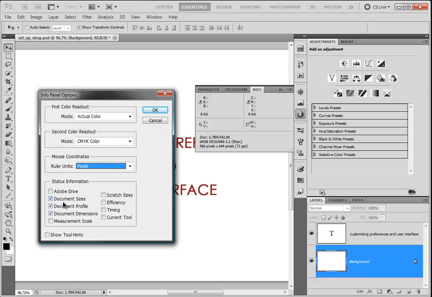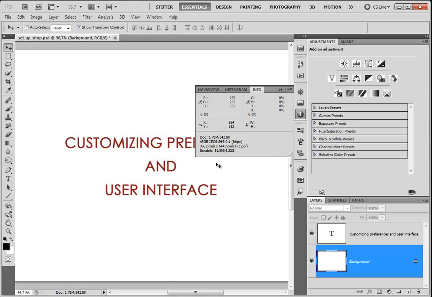Status information, I keep my document size, document profile, document dimensions, and maybe scratch size, I'll keep that on. I'll deactivate my show tool hints. That will give me just a box here with additional information like tips and tricks. I don't need that. So I'm going to click OK, and it's going to provide me, every time I click